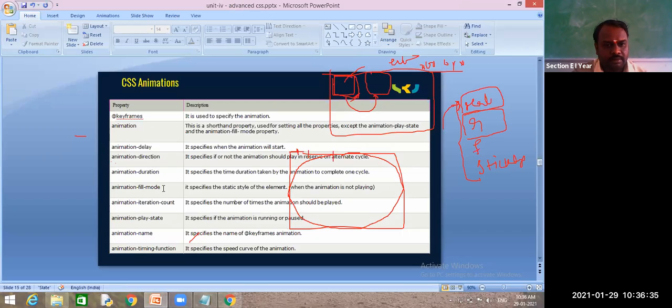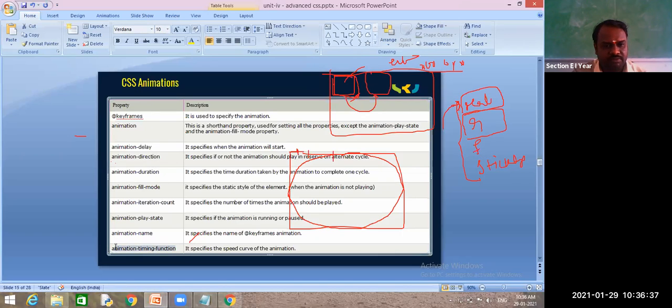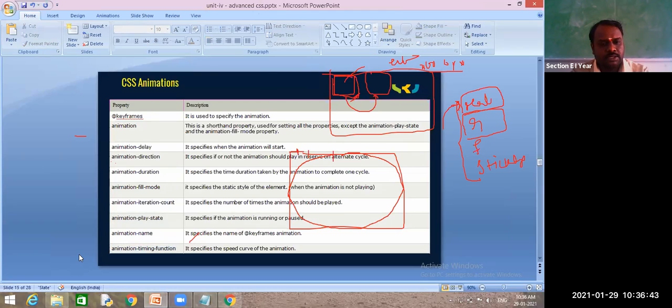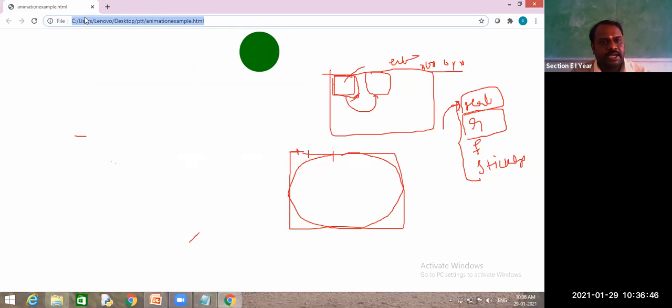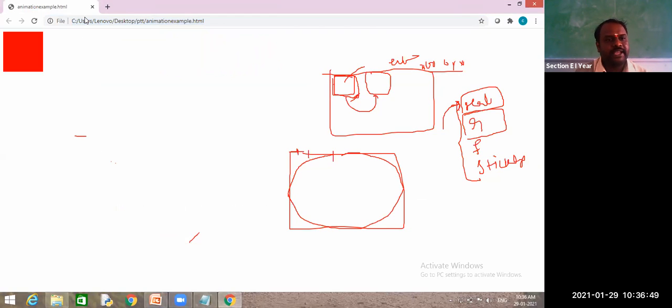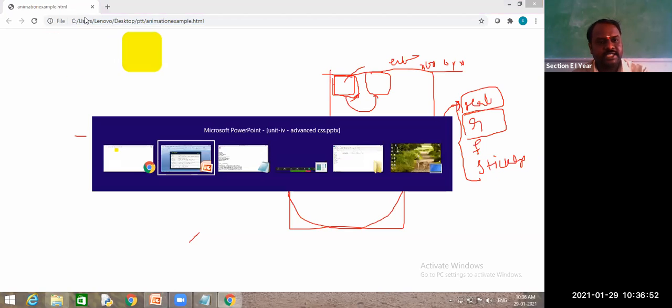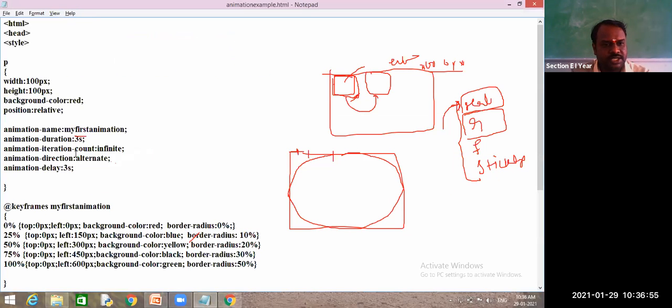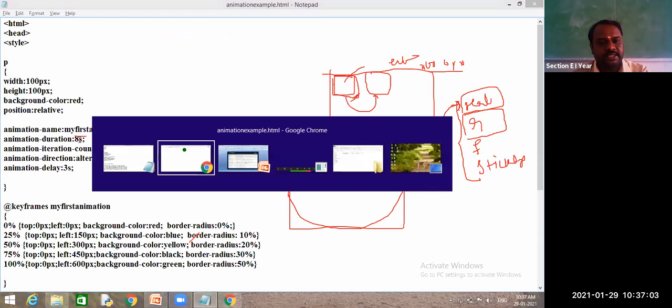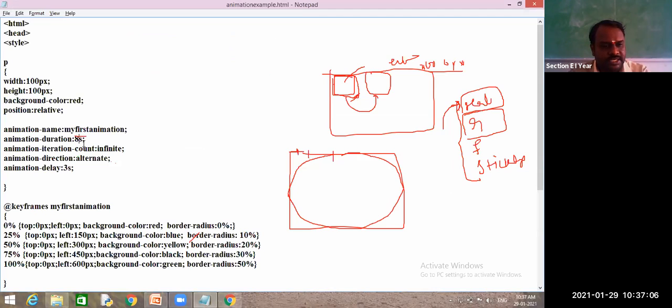Next, one more important thing: delay, duration, fill mode, iteration, play state. Here, this is time function. We will learn this time function. Next, we will go for fill mode later. Time function. So if you go for this, did you observe this one, how it is applying? See, I will increase this time, then you understand this duration. I will change this duration from 3 to 8 seconds. See, understand the timing between this 0% to 25%. Understand how the element is applying animation between one period of time.